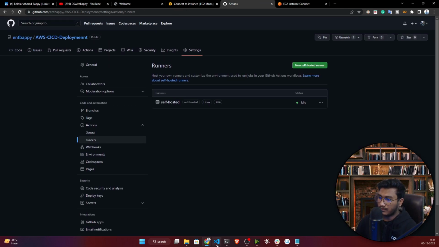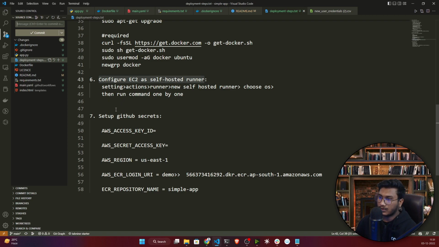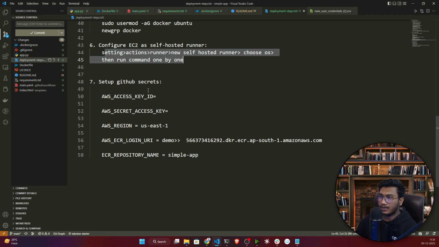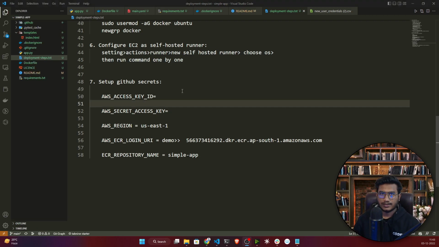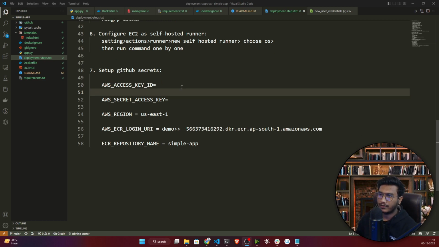Now it is done. Let me see what steps I need to do. I have configured this self-hosted runner. Now I need to set up the GitHub secrets. So guys, we have done the configuration of our self-hosted runner. Now if you see step number 7, here I need to set up some secrets. Because whenever you push the code to your GitHub, GitHub will try to connect with your AWS console. At that time you need to give some authentication